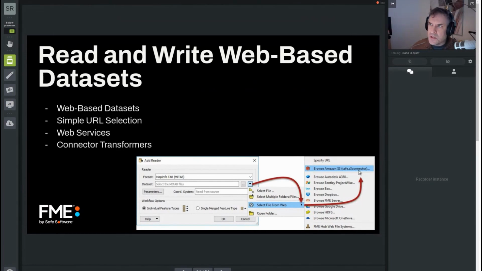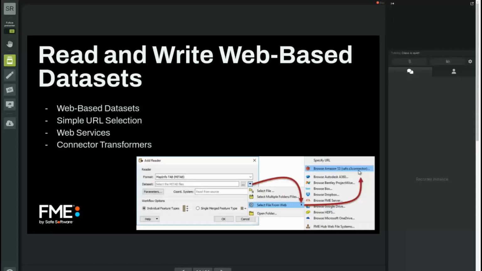And let's take a look at the next lesson, which is Read and Write Web-Based Datasets. If you're looking for the data which is in the lesson itself, quite often those data sets are just created for the screenshots. So the FME data might